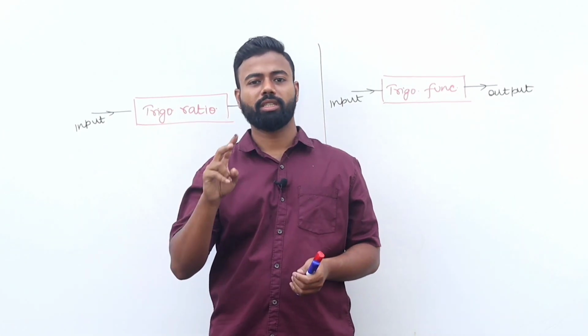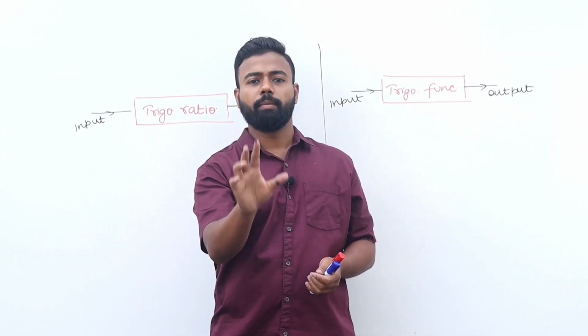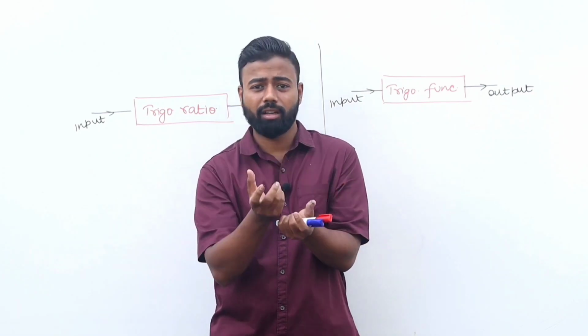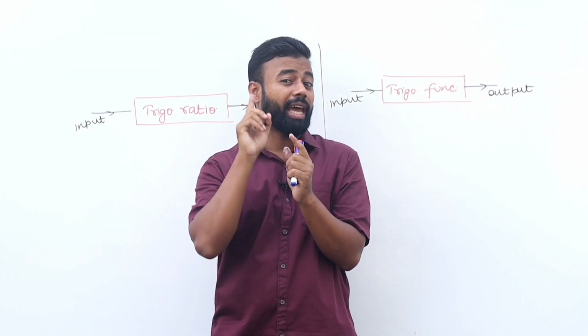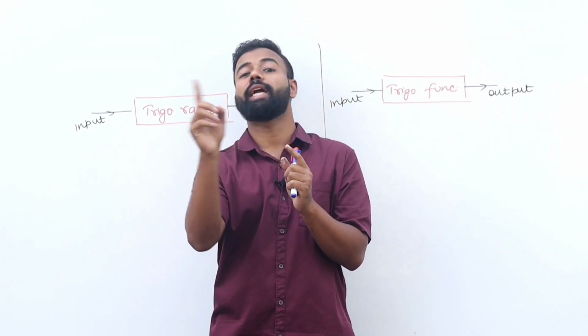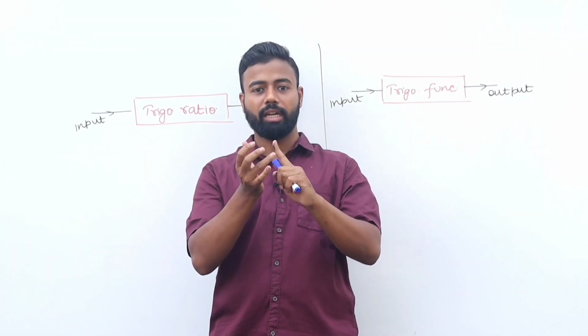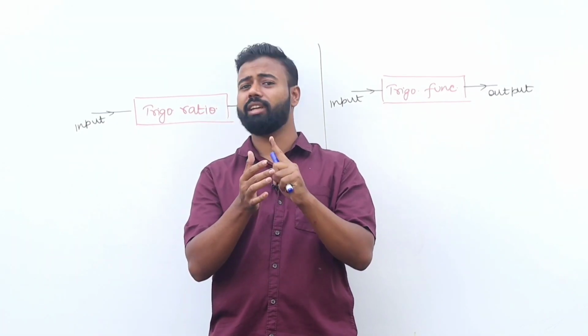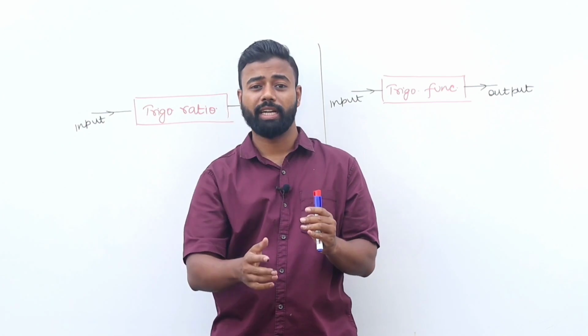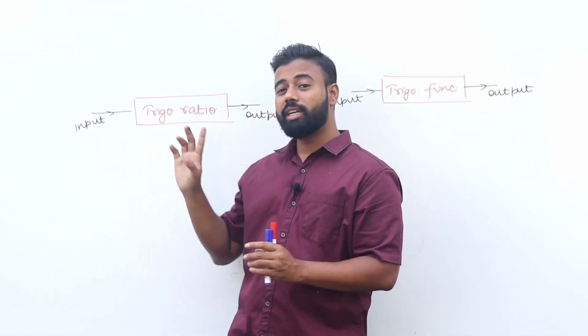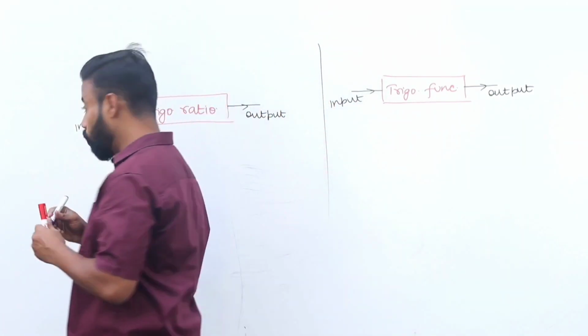When in class 10th you were studying trigonometric ratios, the input to the trigonometric ratios was an angle. And just try to recall, the angle was lying between 0 to 90 degrees only. Be it 0 degrees, 30 degrees, 45 degrees, 60 degrees, 90 degrees, you were not going beyond 90 degrees. So the input to the trigonometric ratio is an acute angle only.